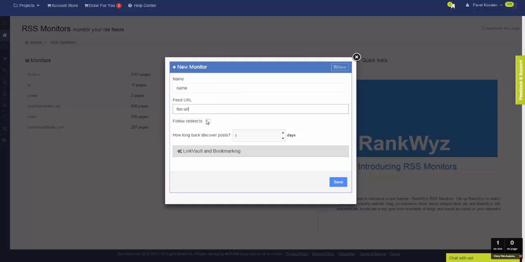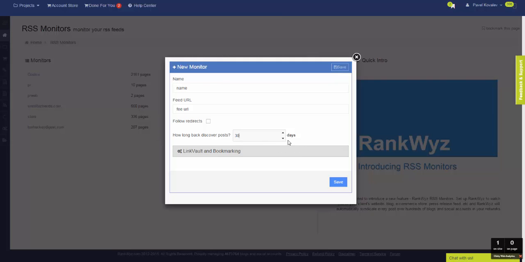I don't have the exact URL, and you specify how many days back to retrieve items from the URL. Why do you need this? If, let's say, you have a very old established site and you want to only start backlinking from, let's say, a week ago or a month ago, this is where you specify. This is a one-time setting,